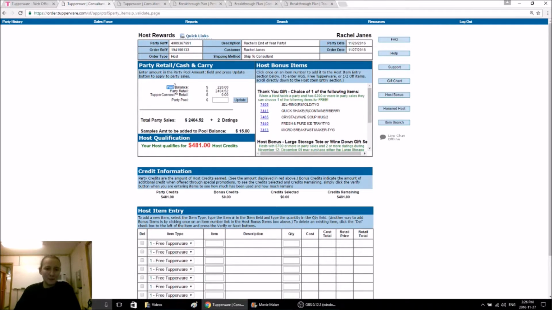This is your party pool that everybody's been talking about. This is your pool balance, so every time you order samples for yourself, you get money that goes into a party pool. It doesn't count towards your current party, but it will count towards your party pool. So the next time you have a party, you'll hopefully have a little balance here. And oh, this person wants $500 worth of stuff, and they're really close, so I'll add